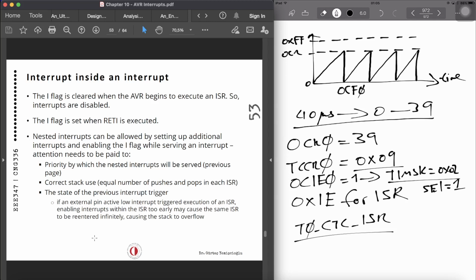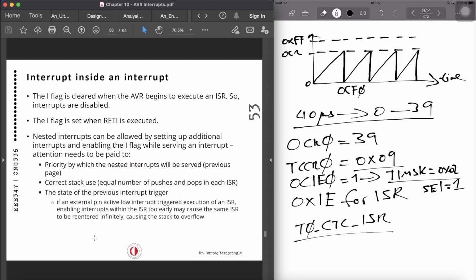But that I bit is going to be re-enabled when RETI is coming in. Now, if you want to create nested interrupts, or an interrupt in an interrupt, while you are serving that interrupt in the ISR, you have to re-enable that I bit before the RETI,